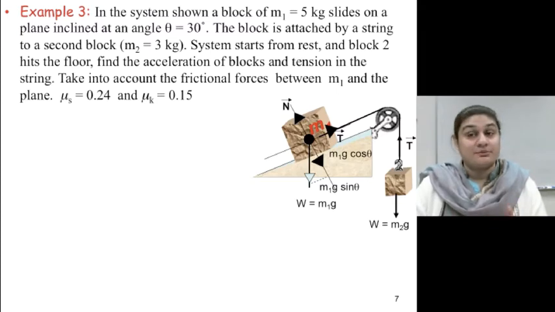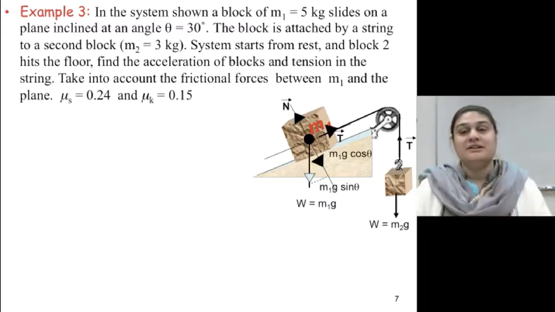The system starts from rest. The block 2 hits the floor. Find the acceleration of the block and the tension in the string. Take into account frictional forces between m1 and the plane. Take mu s to be 0.24 and mu k to be 0.15. Now this is a very good question because it incorporates a lot of ideas that we have talked about